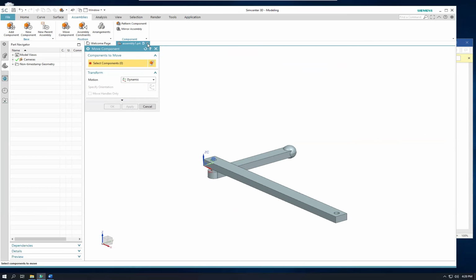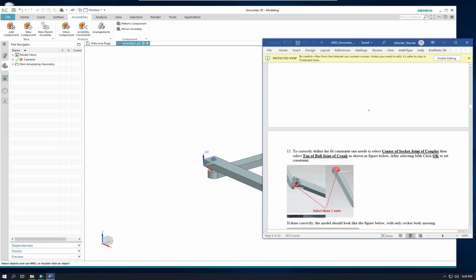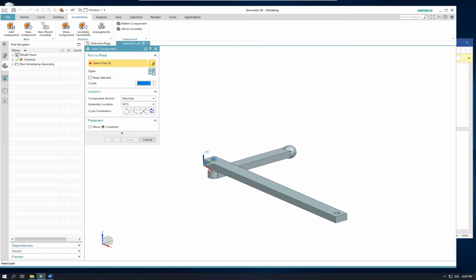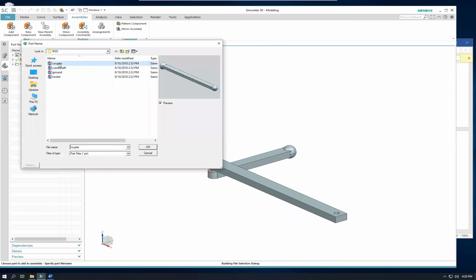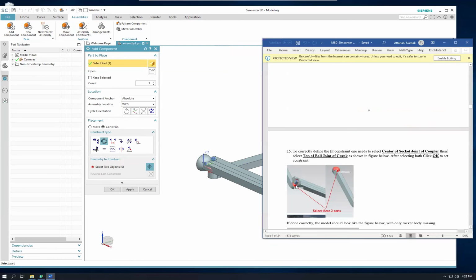So we're done here. No, not here actually. Cancel. So the next one is we need to bring the coupler. And with the coupler, we have to